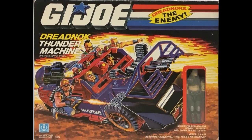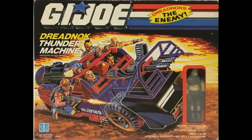Okay, so I'm officially going to transition into G.I. Joe with the talk of a crossover. They're talking about the next crossover possibly being a new collaboration with the Thunder Machine, G.I. Joe, and becoming a Soundwave. So I don't know if that's really something that's going on, and are we going to get, of course, that